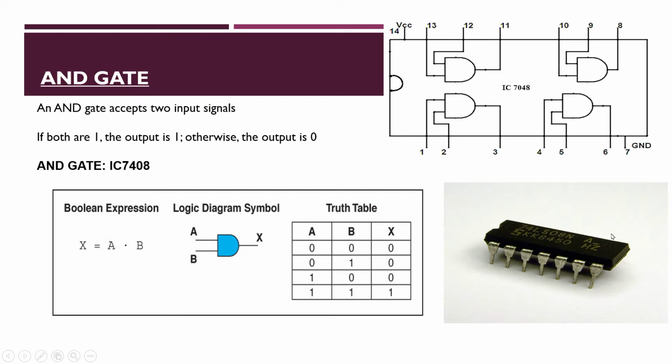So this diagram is very familiar for us. Today we are going to verify this truth table of the AND gate. Here you can see that when the two inputs A and B are 1, you will be getting the output as 1, and in all other cases the output is going to be 0. So we'll just go with the simulation software now.